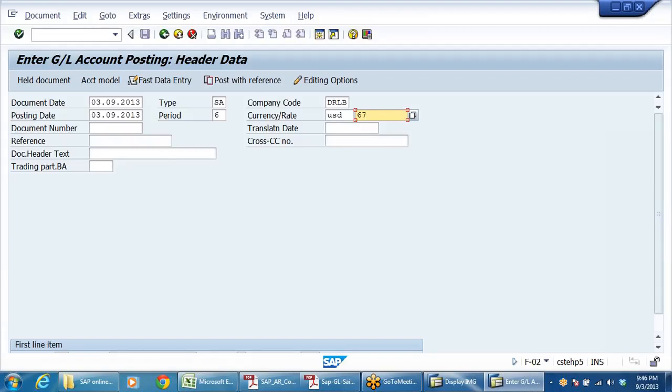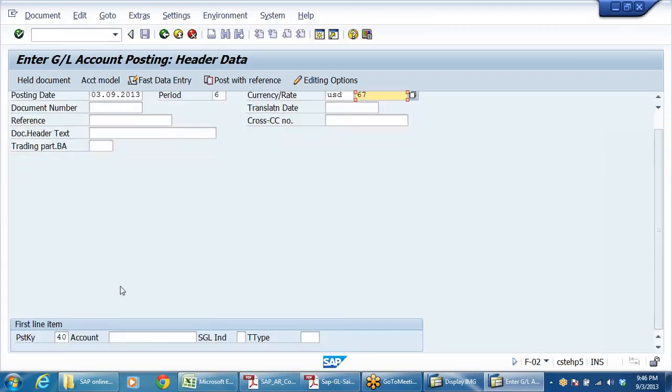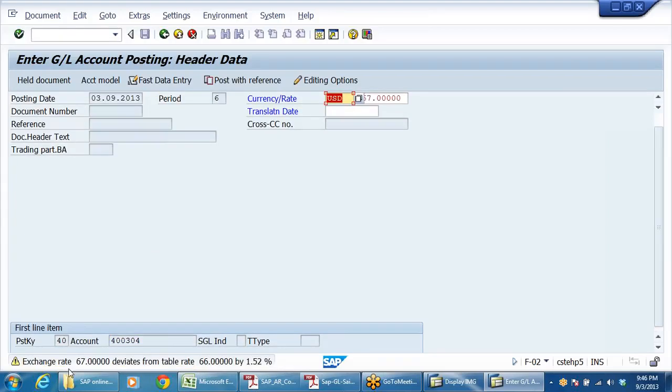In the table I have given 66, but the system will caution us. Let me check. System exchange rate 67 deviates from the table rate of 66 by 1.52%. So with percentage the system will give you.